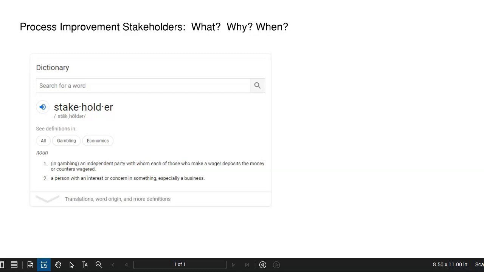Generically speaking, the definition of a stakeholder is any person with an interest or a concern in a particular set of actions. For most traditional solution-based projects, a stakeholder is further refined, and it's a person or a group of people that in some way are affected by the project work to be done. For a process improvement project, though, I refine that just a little bit further. For process improvement projects, my definition of stakeholders are: